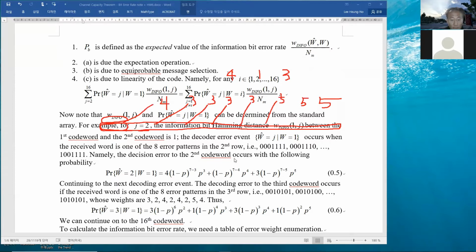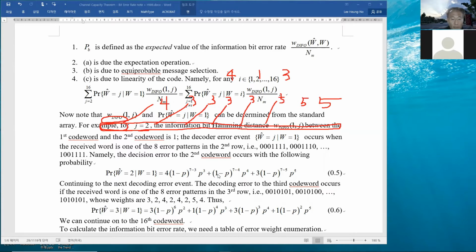There's only one of them. And the 4 3-bit errors are represented right here. And 3 5-bit flip errors, right? A single 4-bit flip error,